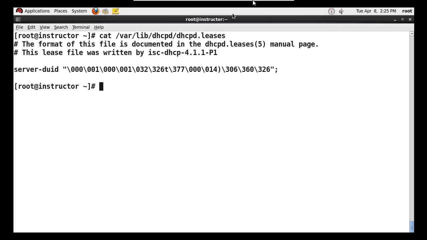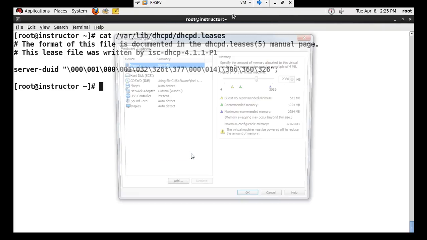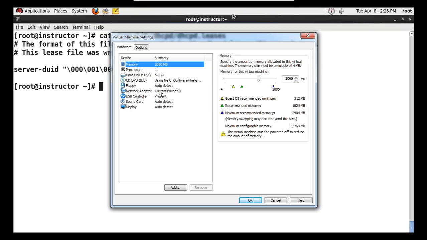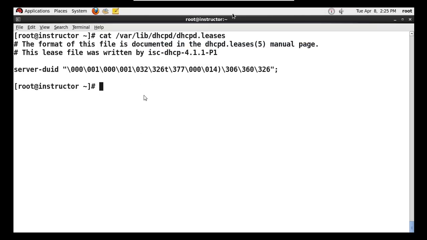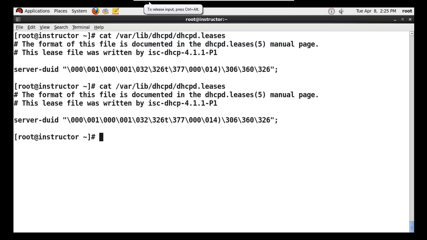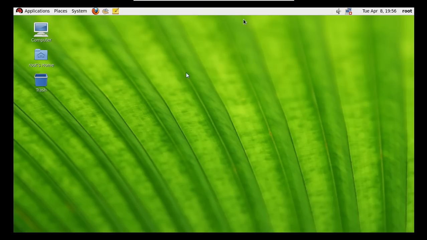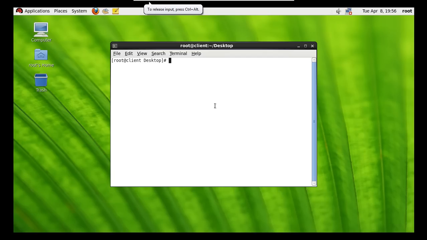Let me see the network. See, both computers are in the same network. So let me see whether the client has got an IP address or not. Up to this time, the client has not requested an IP address.